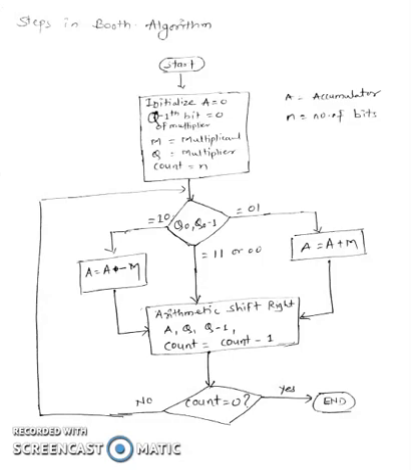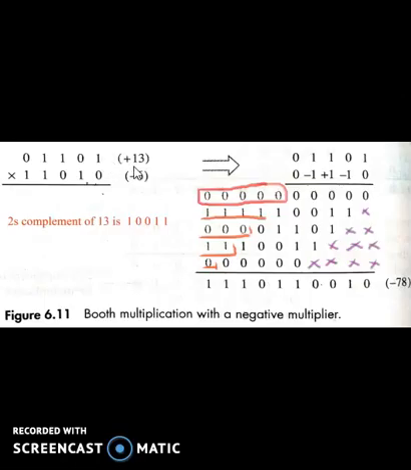Now let's understand one example of this. The example is, we have to multiply plus 13 with minus 6. Plus 13 is coded as 0 1 1 0 1, and minus 6 is coded as 1 1 0 1 0. That minus 6 we have recorded in the last video lectures. The conversion of this, according to Booth algorithm, is that we have to attach 0 here. Then the recoding is 0, minus 1, plus 1, minus 1 and 0. This is the final recoding of the multiplier according to the Booth multiplier recoding table.